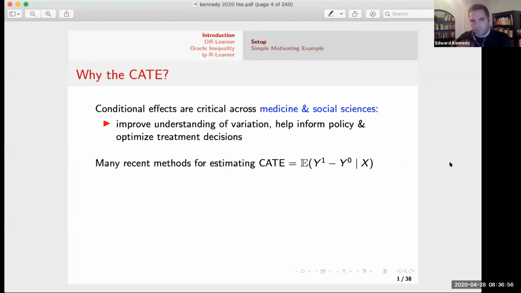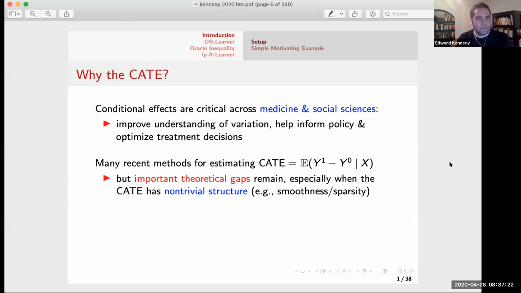So the typical thing that people go after in these problems is what I'm calling the conditional average treatment effect. This is just the expected potential outcome if you're treated versus untreated given covariates X. There have been tons of methods proposed recently, especially in the last 5 years, for estimating this kind of thing. But there are a lot of interesting theoretical gaps in this work, especially when this conditional average effect, or CATE, has some non-trivial structure, like smoothness or sparsity, that's different from what you might see in the rest of the data